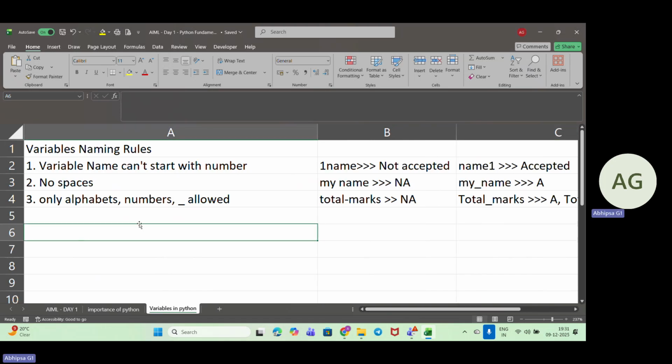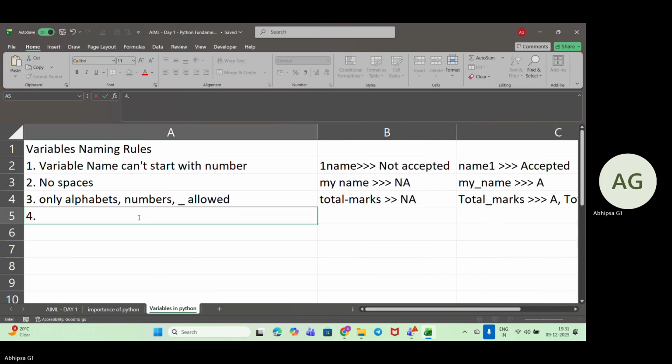So now coming down to the fourth one. The name should actually make sense. Anything else also we can take, but whenever we are writing code, the names that we are giving to store the variables should actually make sense. If they don't, in the long run, we won't be understanding that, and that will actually be creating problems for us. So that is the major thing. The name should make sense.